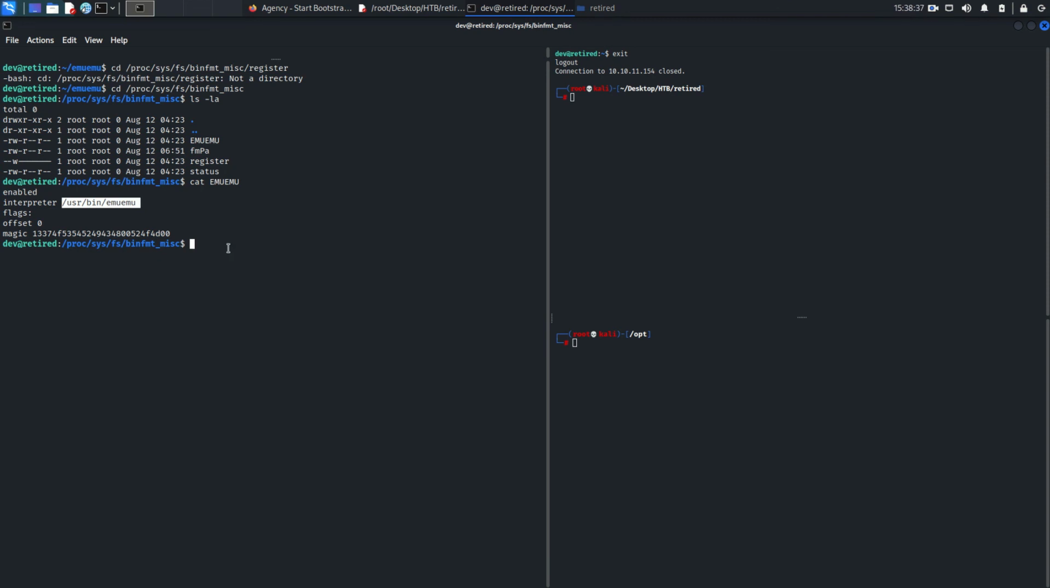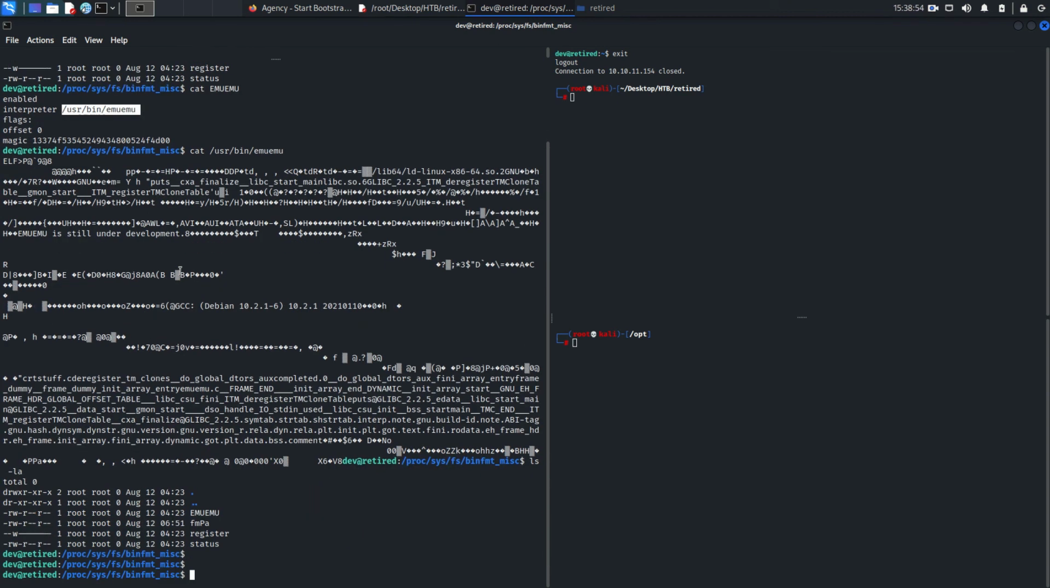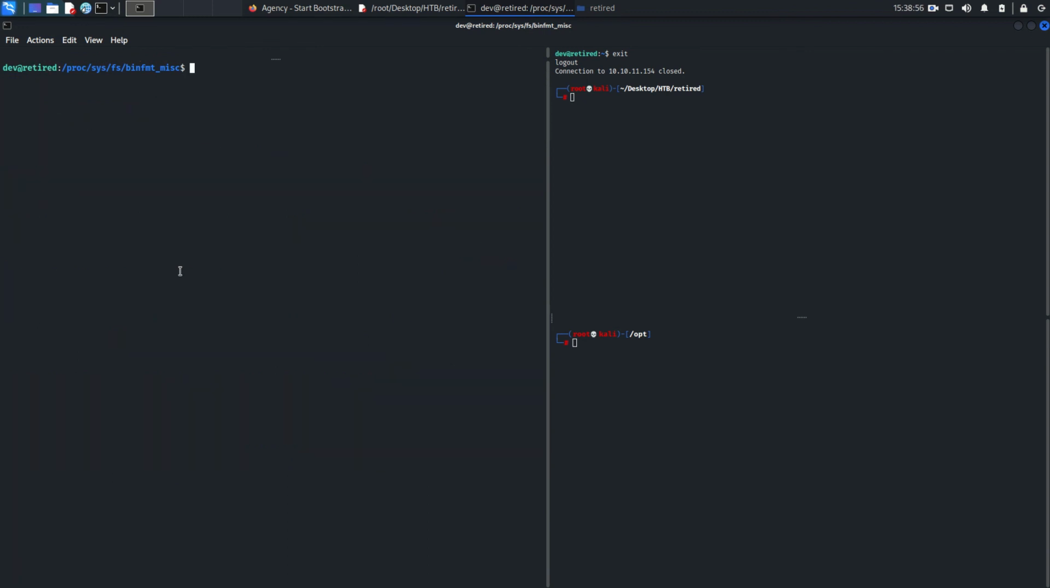Cat /usr/bin/emu, and of course this is the binary file. ls -la, come on, clear, ls -la /usr/bin/emu. This binary is executed as root. Fine. So we need to see,